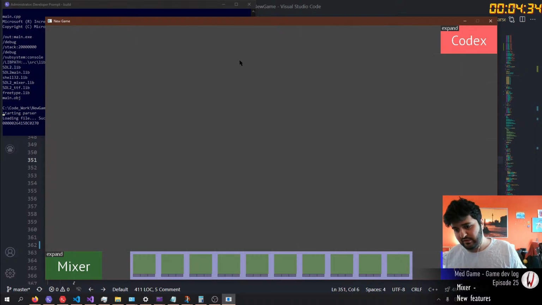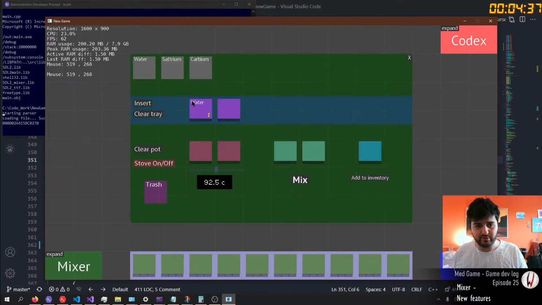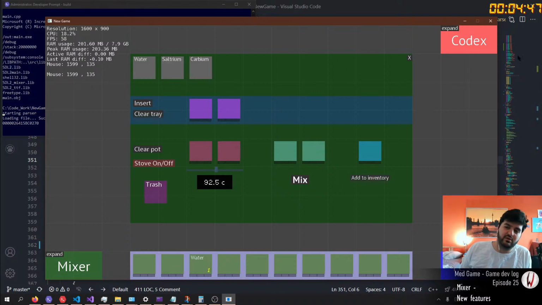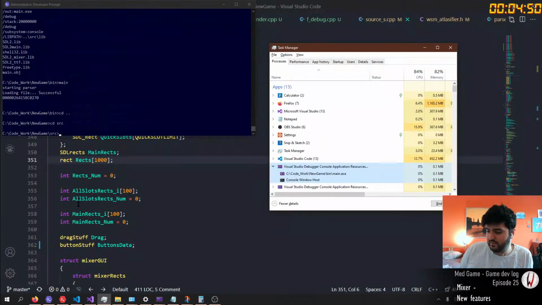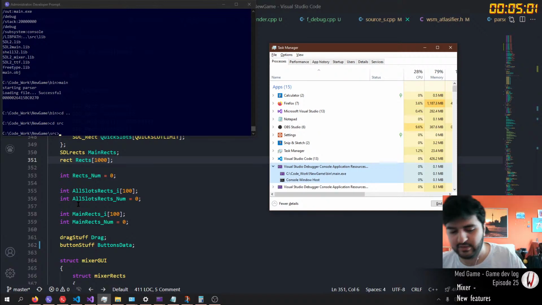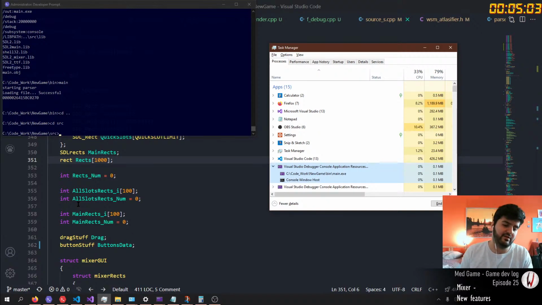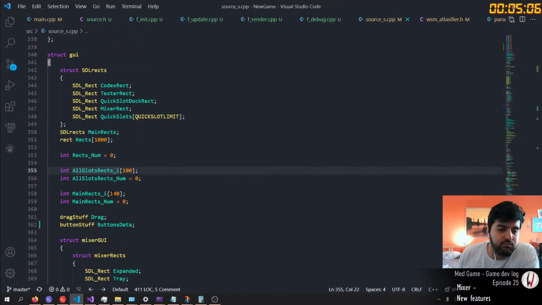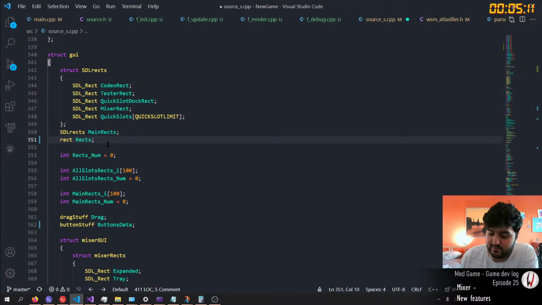I also want to render the location of what button I am highlighting and what button I am dragging and all that stuff. Makes things easier to work with in the long run. Anyway, so we have that. Preferably we'll get to a point where we don't have to break the code a lot of times to actually debug it. We'd have a more robust debugger. But for now, it's just a viewing debugger. It's not an interactive one. I wanted to do this. So let's make this like this.